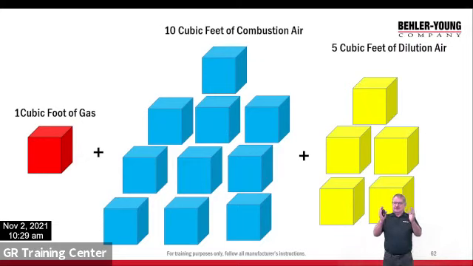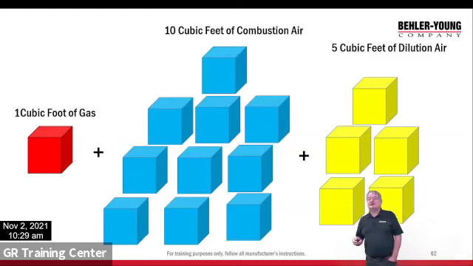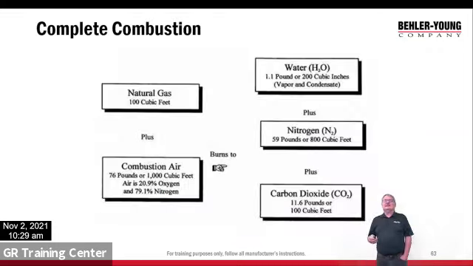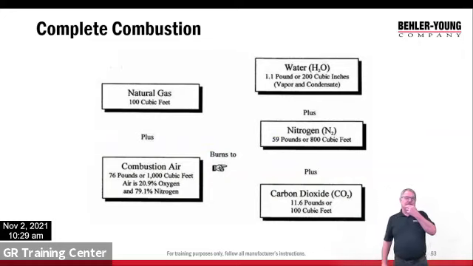Okay. And again, that's a cubic foot of air, 12 by 12 by 12. So just again, visualize the room you're in. If you're in a small 10 by 10 room, you're not going to probably have enough air in that room to run that furnace. Okay. So complete combustion, natural gas, 100 cubic feet of natural gas plus 1,000 cubic feet of air